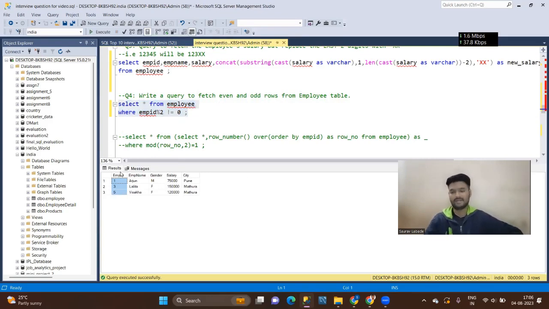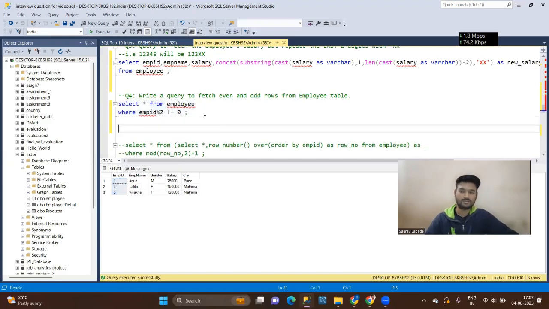Now again, if the employee IDs are not given like this, if they are in the form of a string, then in that case we can use the row number. And we already know how we can use that, so I will do it again for you. So how can we use it? Select star, row number